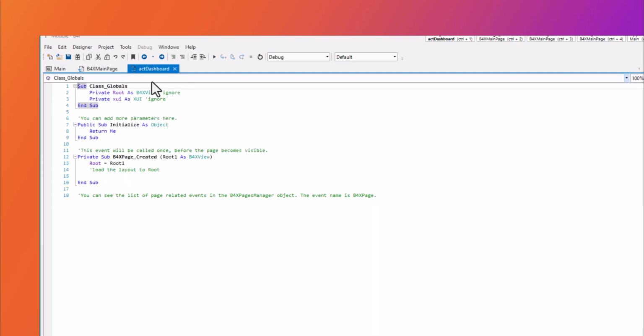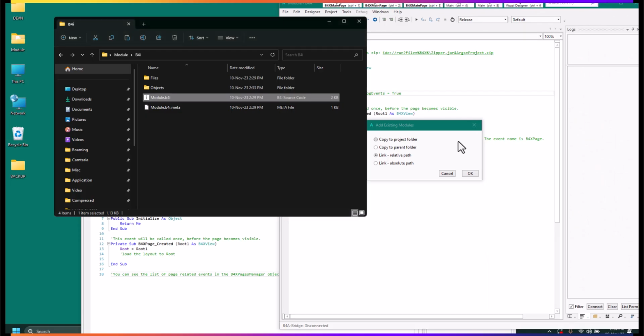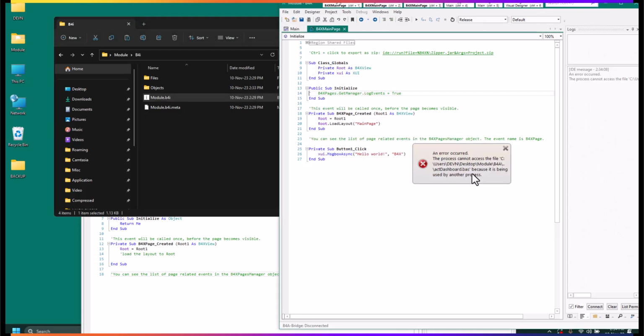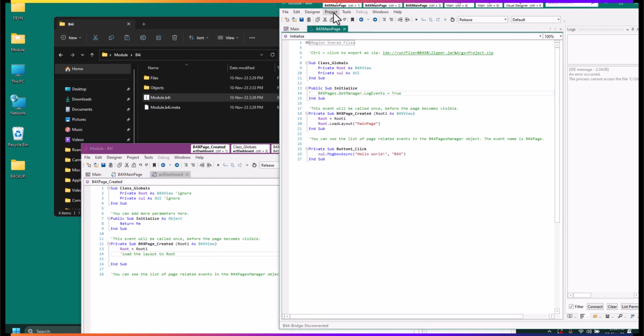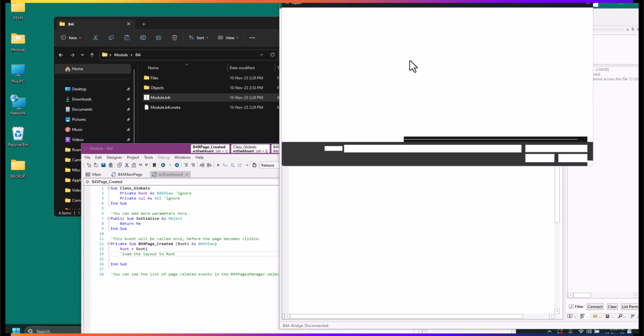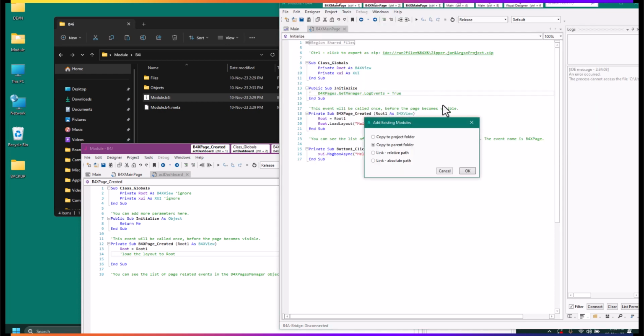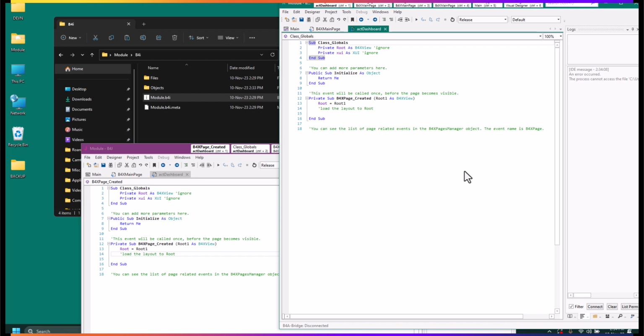So now that we've linked it to B4I, let me also click OK on the B4A. Good. Let's save. Project, add existing model, dashboard, link. Okay, good. So we've linked to the 3 platforms.